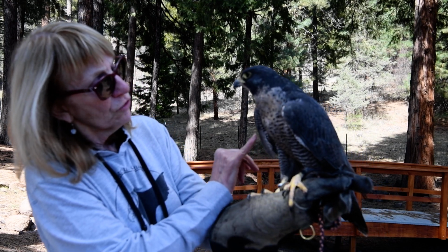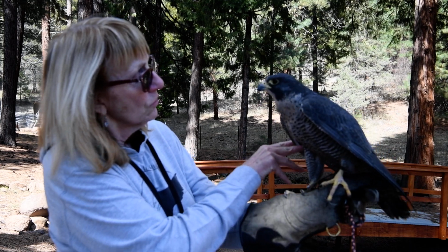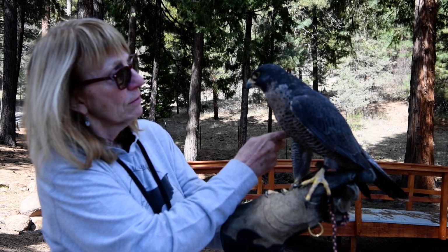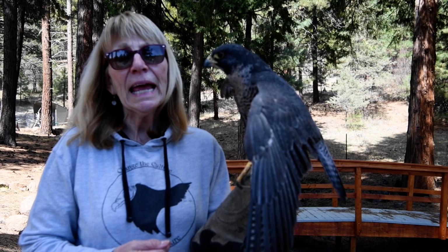So in her case, she was patrolling a blueberry field in 2018, and she hit a sprinkler head with her wing. Now, if she'll turn properly, see this wing here, she fractured it hitting that sprinkler head, and there's just a few little feathers out of place right here on her wing. They don't lay flat, and that is called the alula, A-L-U-L-A,